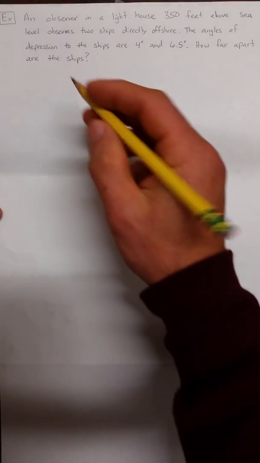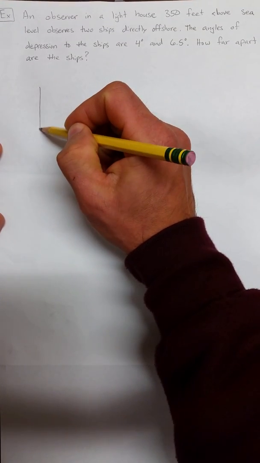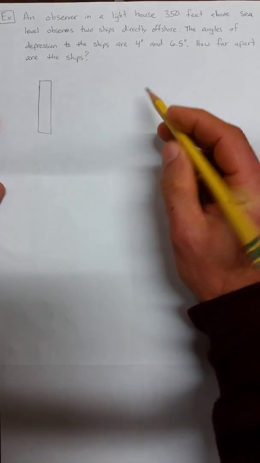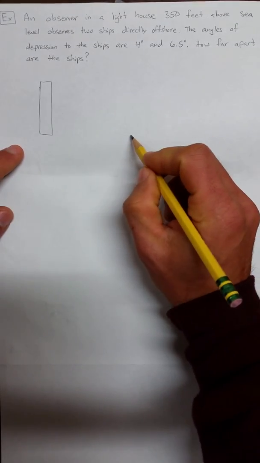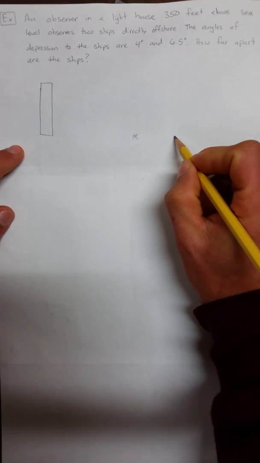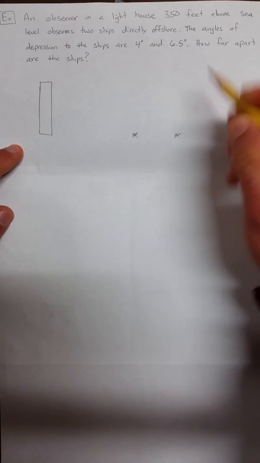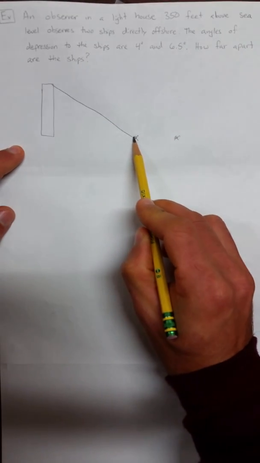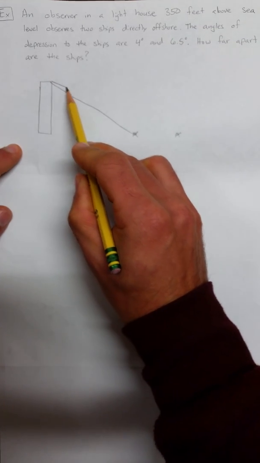All right, so I might start by drawing your lighthouse here. We'll have one ship here, and another ship will be out here. If I draw a line from that lighthouse to each ship,